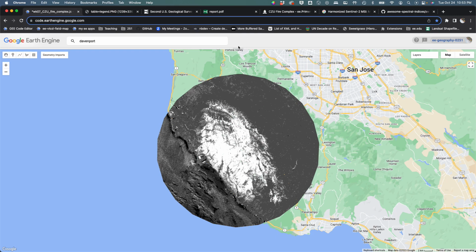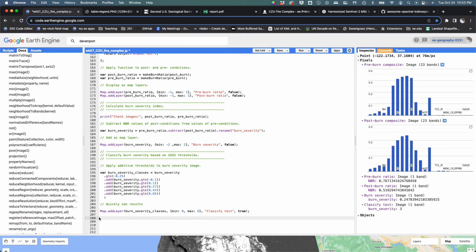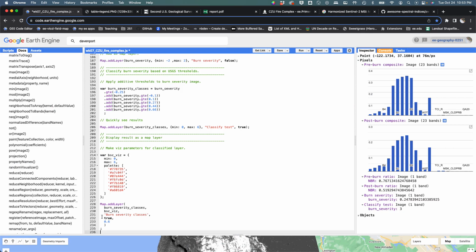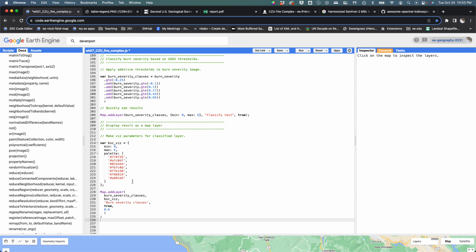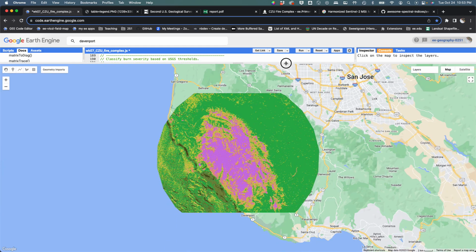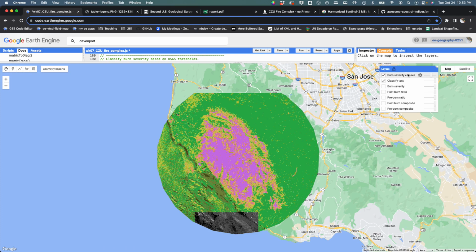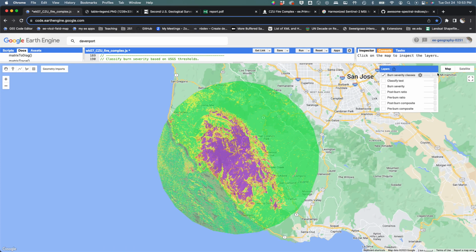So if we then bring that into here and paste it in and hit run, I'm going to just add the layer that's called burn severity classes. And if you're following my naming conventions, this should run for you. And it's going to draw that burn and then give it that title and give you something that looks like this. And it's going to look funky if you still have the classify test underneath it because it's